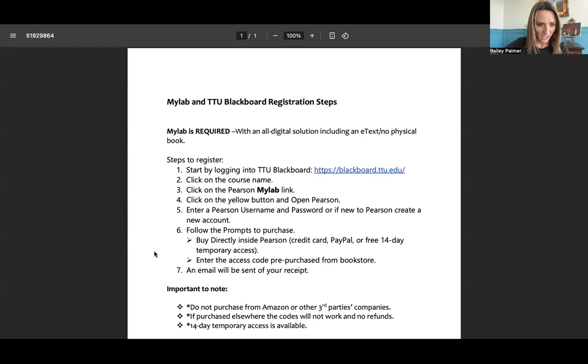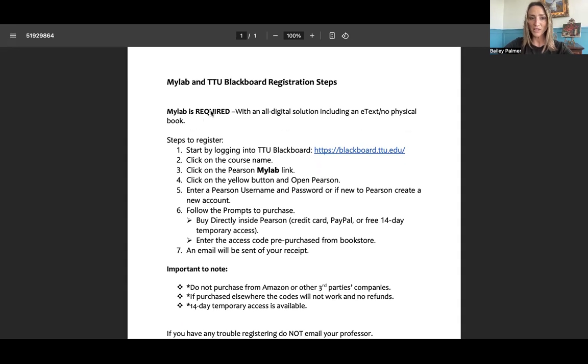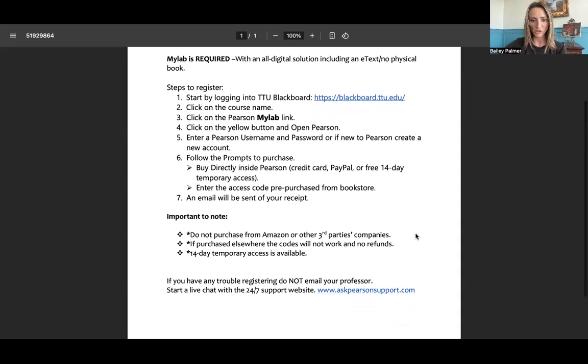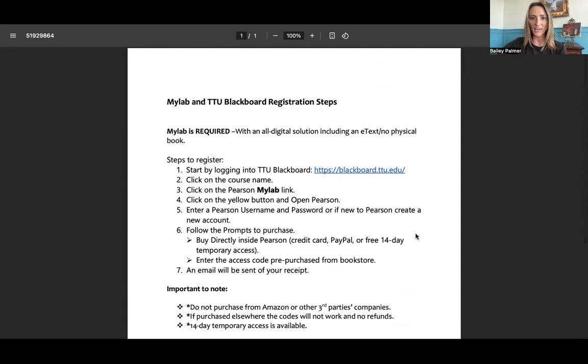It talks about how MyLab is required. You have to have it because that's really what the entire course is. So it talks about your steps to registering. Please follow these registration steps in order to register and get your text, and get your MyLab link and get everything set up that way. So let's go out of this one and I'll go back to